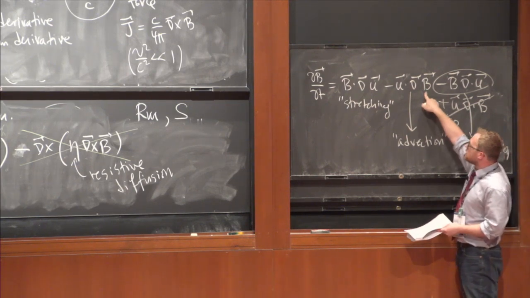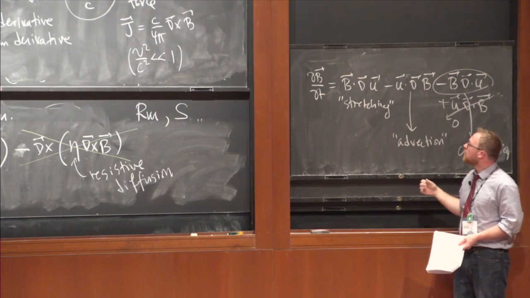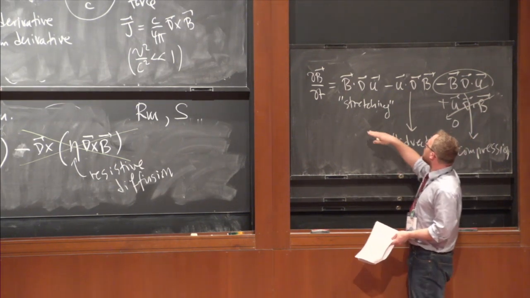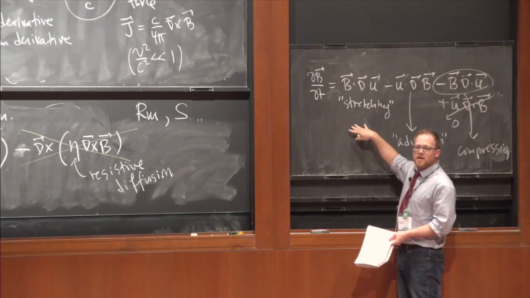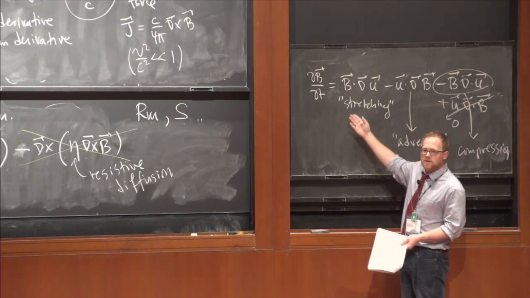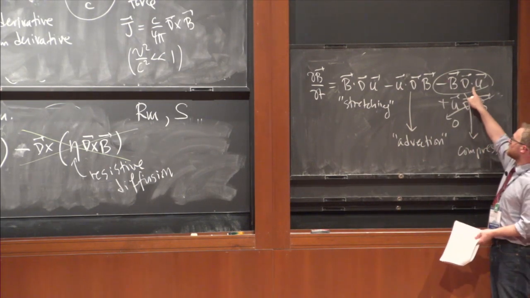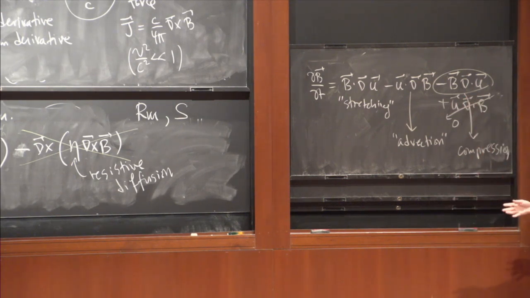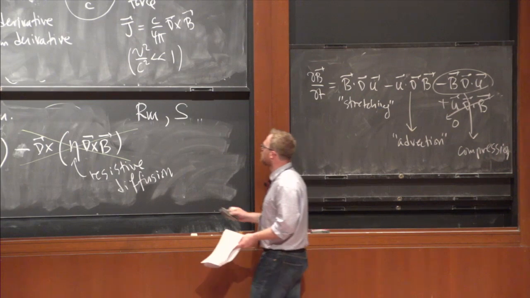So the idea is that there's some magnetic field that's being carried around by some velocity. That's what I mean by advection. I'll prove that it's carried around on one of these boards. Here, if there's a fluid flow with gradients, it results in stretching the magnetic field. That's what this term is. And this term is kind of obvious why it should be compression, because there's a velocity and there's a divergence. So either the fluid flow is diverging or it's converging. Either way, you're going to squeeze the magnetic field or rarefy the magnetic field. And that's what I'll prove to you now.